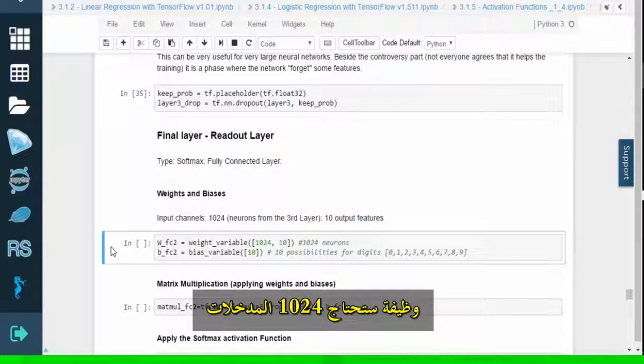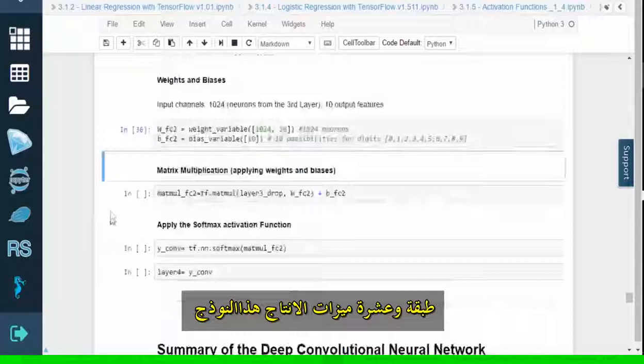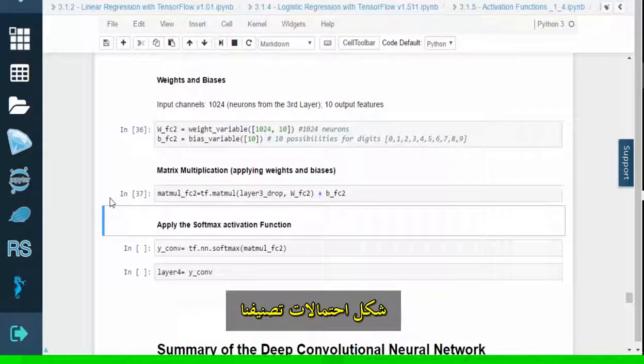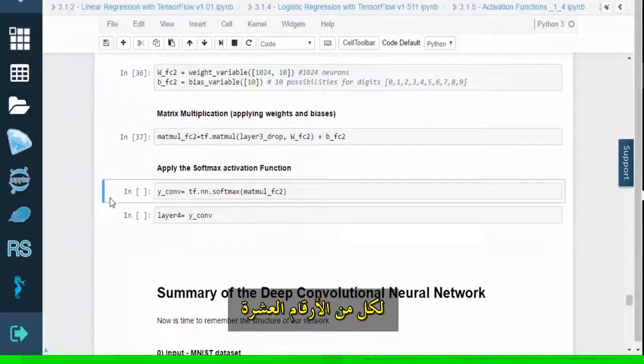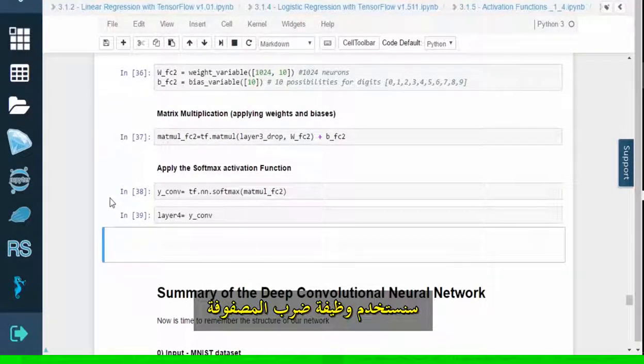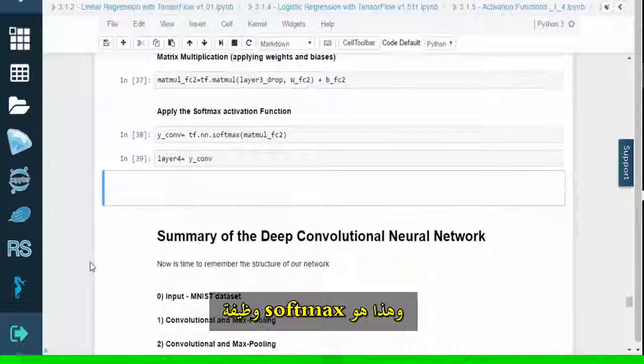It will need 1024 input channels due to the size of the third layer, and 10 output features. This will form our classification probabilities for each of the 10 digits. We'll use matrix multiplication to apply the weights and biases. We'll apply the softmax function,